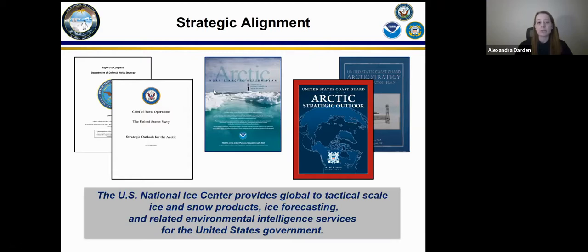And also in April of 2019, the U.S. Coast Guard released its new Arctic Strategic Outlook, declaring that the U.S. Coast Guard maintains the enduring responsibility for the national security and economic prosperity of the Arctic. The strategy notes the increase in demand for Coast Guard leadership and presence in the Arctic with plans to meet that demand. USNIC was also explicitly named as a key partner in the Arctic.